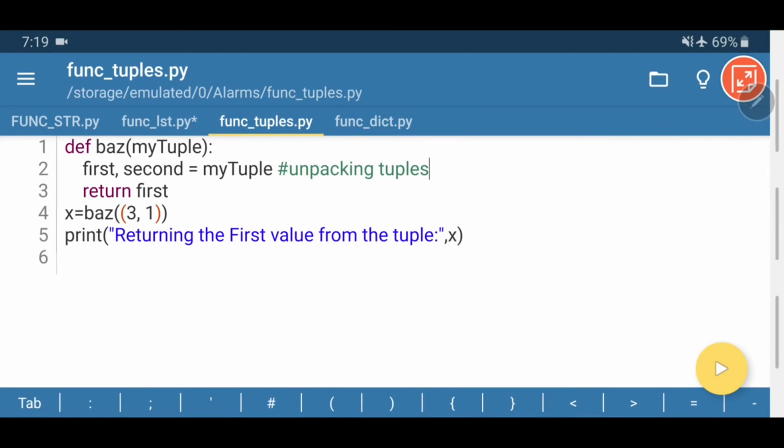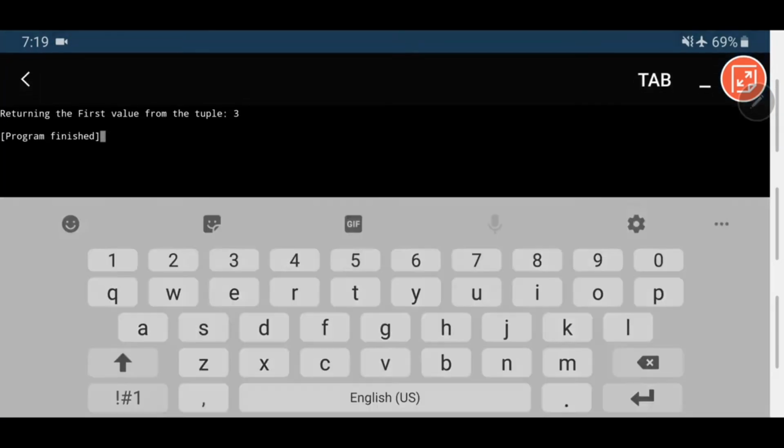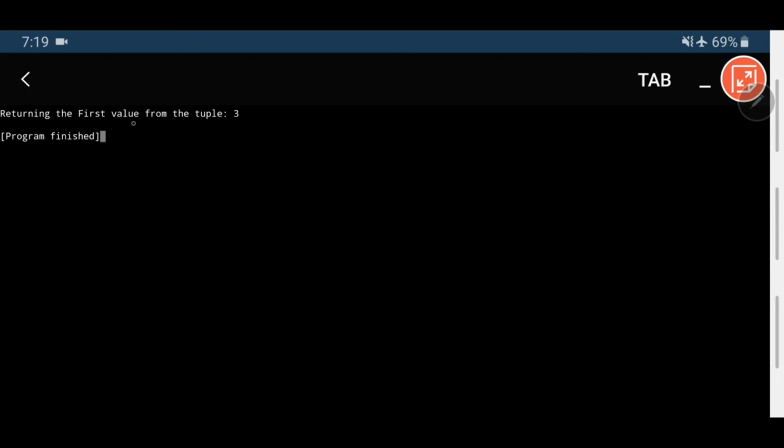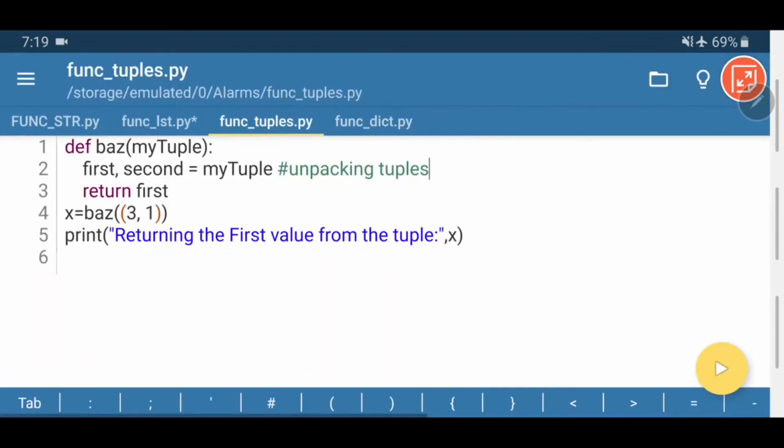Let's run and see the code. If we run, we'll get the output as: returning the first value from the tuple, colon 3. I hope this is clear. Next we'll go to the